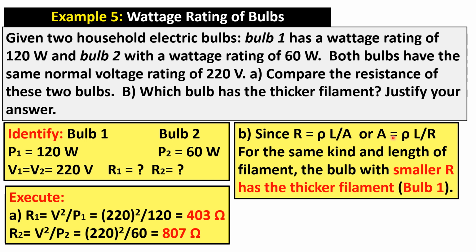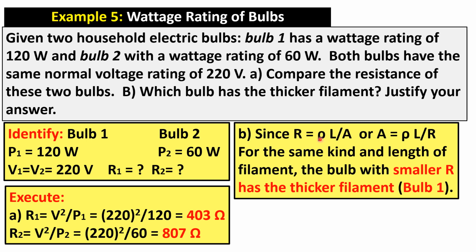Since earlier in letter A we got that the resistance R2 is higher compared to R1, assuming the lengths of the two filaments are the same, and they are made of the same kind of material, for example both are made of tungsten, whose resistivity constant